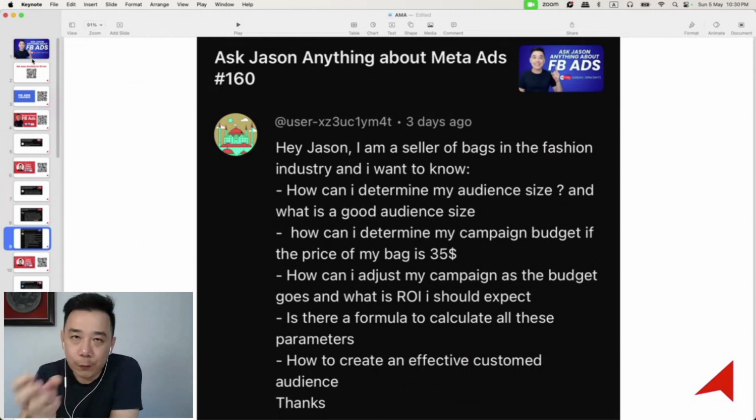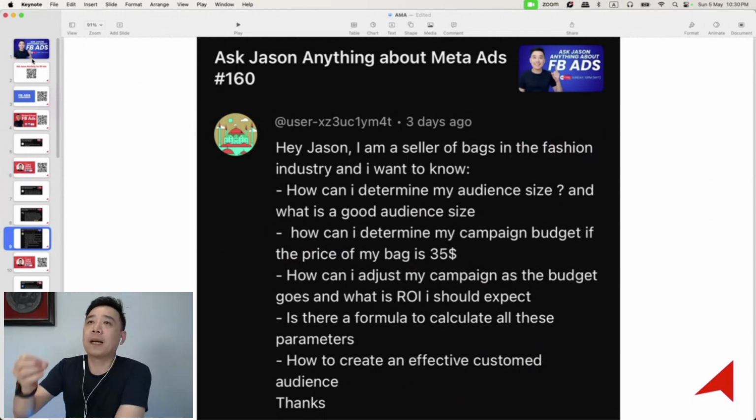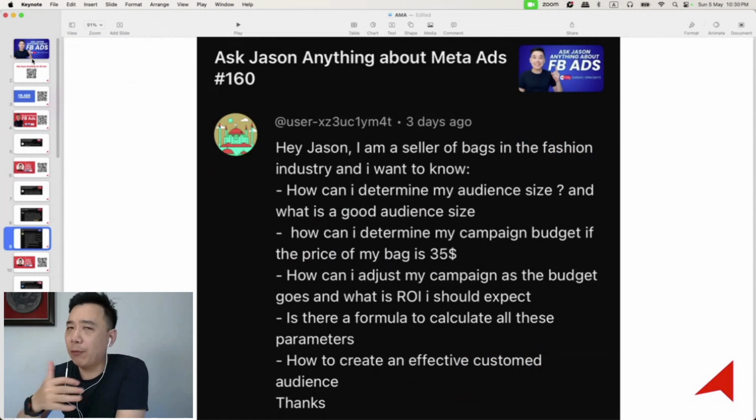So when it comes to optimization, in my opinion, there is no one formula that fits all, because every business is different. Even all e-commerce businesses are different because of the industry you're in, the buying behavior, the product that you're selling, the price point and market positioning and whatever. There are many things that might affect the performance of the campaign. So really the best way is to start running ads and analyze from there.